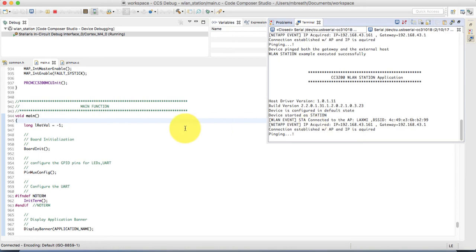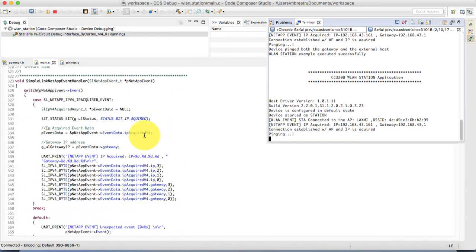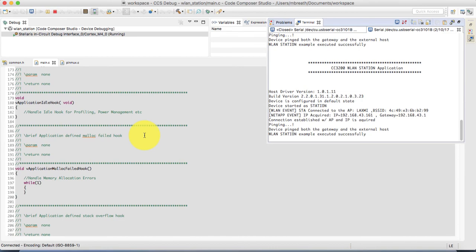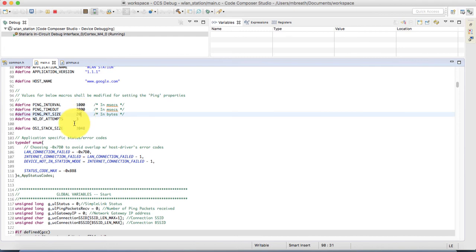There is a chunk of data which it is trying to ping. That chunk of data is defined here. If you see here, yes, it has successfully pinged. Here is the packet size, it's 20 bytes, right? Okay, perfect. And the number of attempts, it would try 3 times if it failed. So I think I have covered almost each and everything